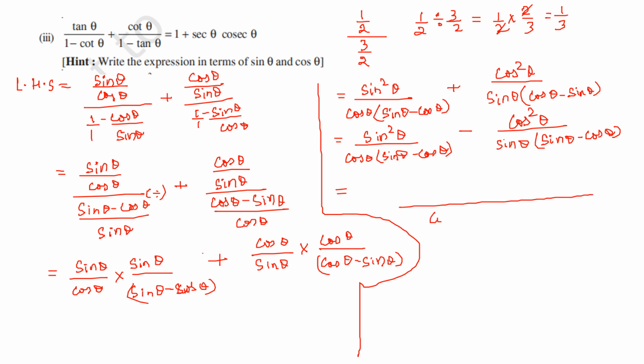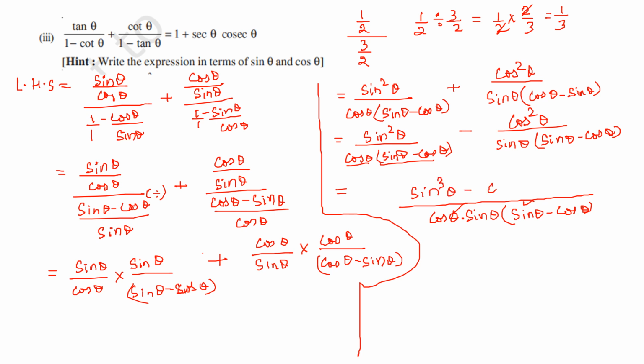So LCM will be cos theta into sine theta multiplied with sine theta minus cos theta. So numerator of first part will become, now see, cos theta and sine theta minus cos theta is already there. Only sine theta is not there. So sine theta, if you multiply with sine square theta, it will become sine cube theta. Isn't it? See why I'm telling, in the denominator cos theta and sine theta minus cos theta is already there. What is not there? Sine theta. So this sine theta you have to multiply with sine square theta. So it will become sine cube theta